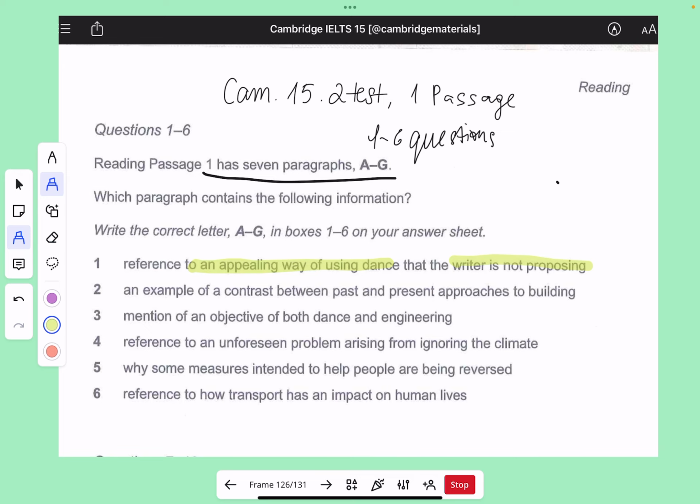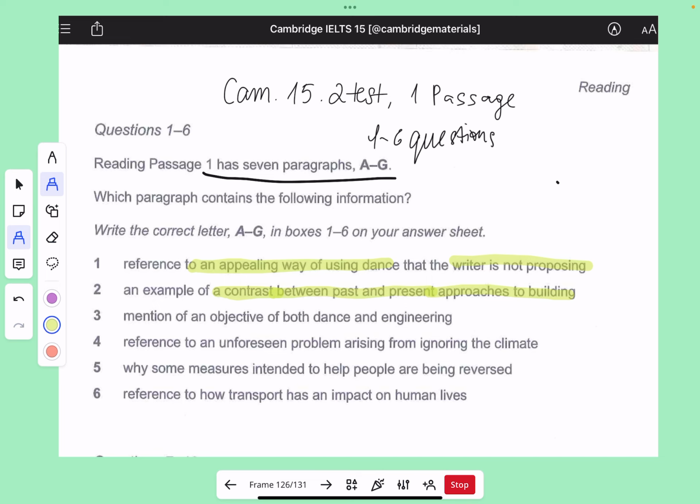The next one, an example of contrast between past and present approaches to building. Contrast, between past and present approaches,